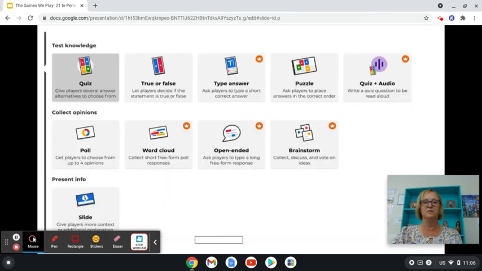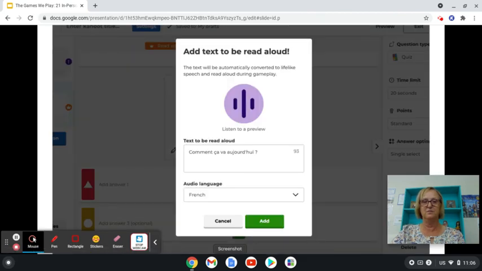That's kind of cool. Here are the different types of questions that they have now. It's not just multiple choice like it used to be. You have true or false, type the answer, puzzle, quiz and audio, a poll, word cloud, open-ended, brainstorm, or slide. I love the new Kahoot.